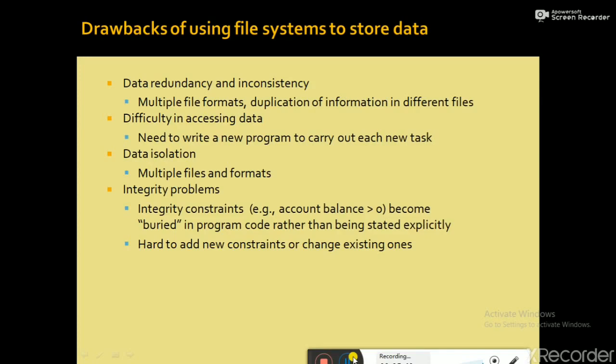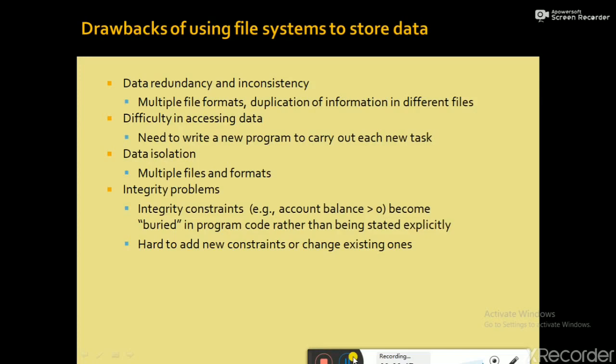In that example, it may include an application program to add an account or to create a new account. It should have a program to debit or credit an account. Next, a program to find the balance of an account, as well as a program to generate a monthly statement. But this file processing system has several drawbacks,